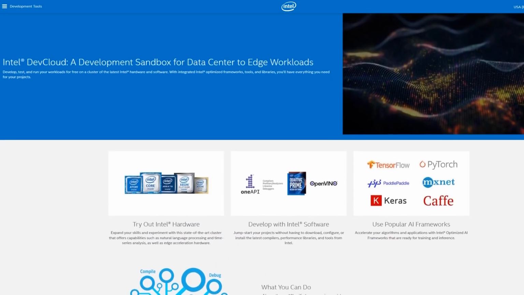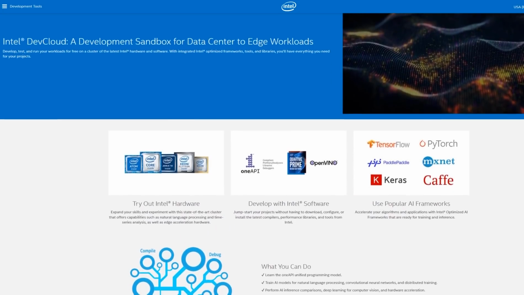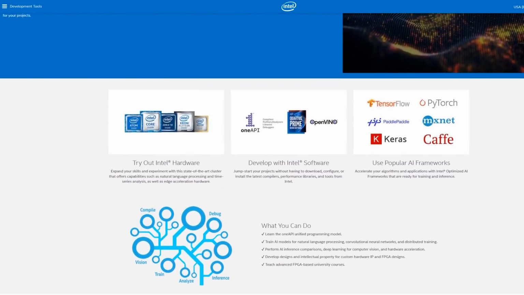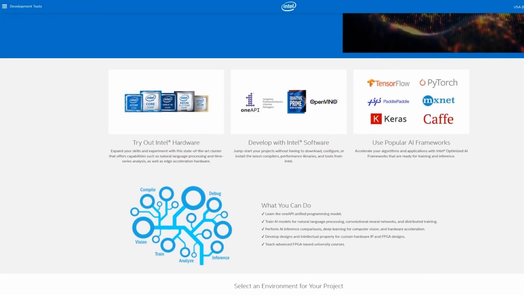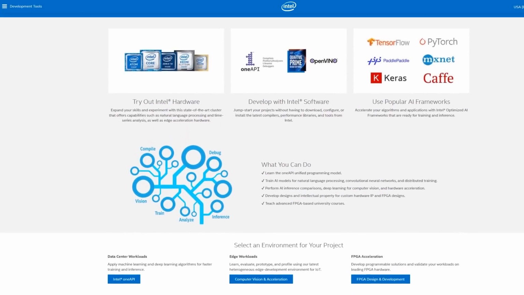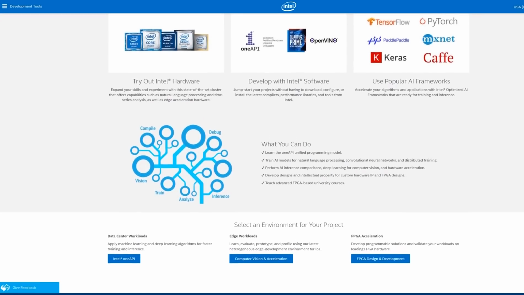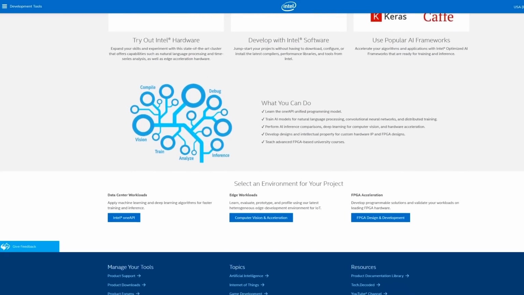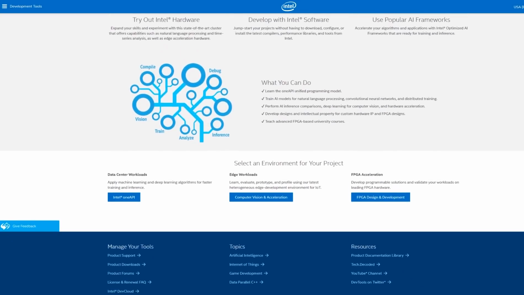Yeah. We have what we call the DevCloud, a little fancy name there, which is really just an environment where we offer up free compute with all the tools, languages and libraries already pre-installed, Jupyter notebooks, whatever, sort of tutorials and other ways so you can learn it. But then also to have access to our latest and greatest hardware. So we have Xeon processors, our integrated graphics, our new discrete graphics on the consumer side that we call Iris Xe Max.